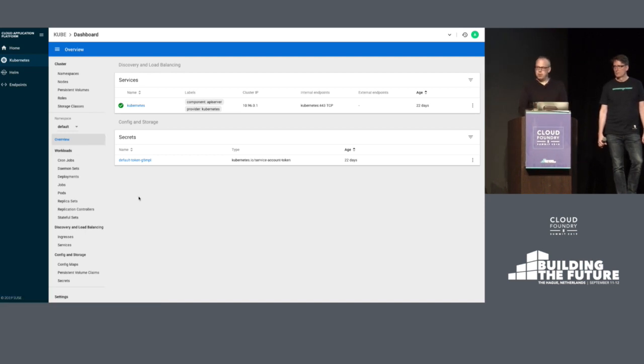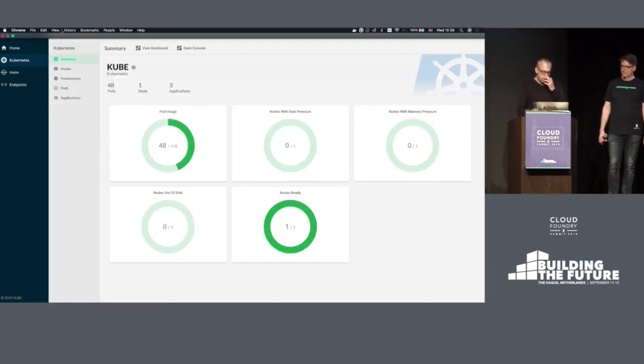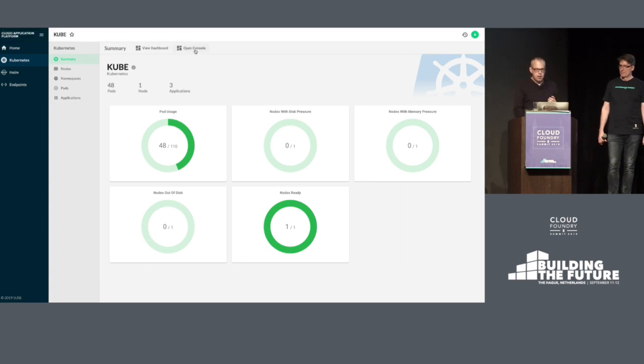So it's a little bit of developer convenience, particularly if you've got multiple clusters registered. It's very easy to switch between those clusters, quickly get into the Kube dashboard, do some work, and pop back out again. So this is something that we hope will be useful, and we're looking at other ways we could integrate this more directly. Another thing we've done recently is